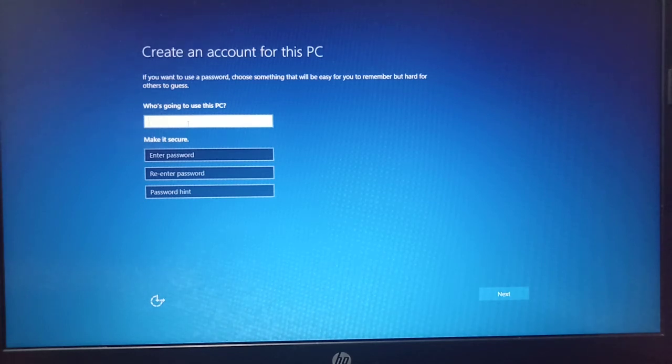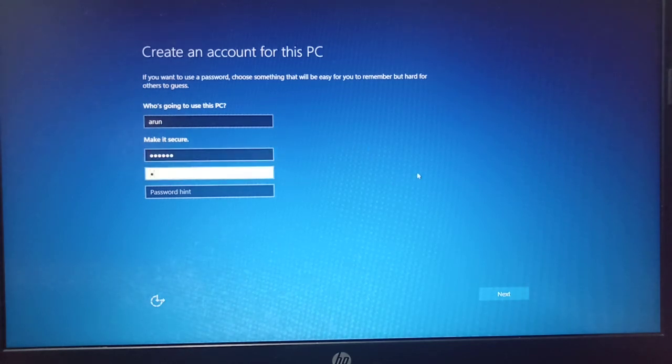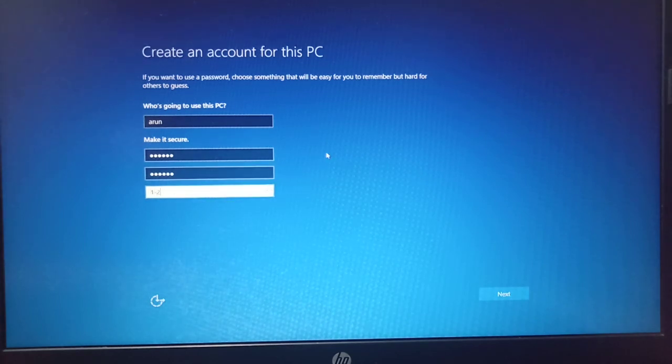So basically it is asking for the administrative name and things. So I'm giving this simply Arun, and if you want to give a password you can give the password also. Here I'm giving a password, and if you want to give the password you can give a hint also.